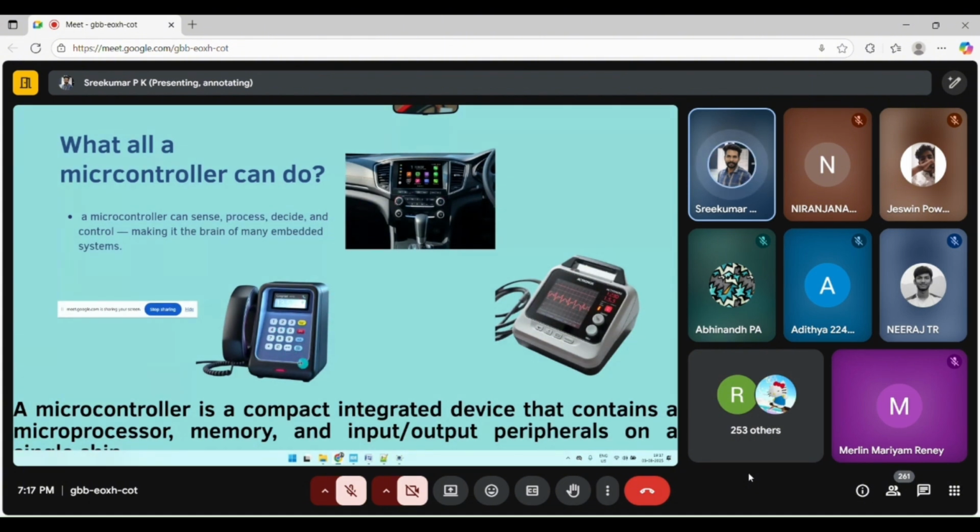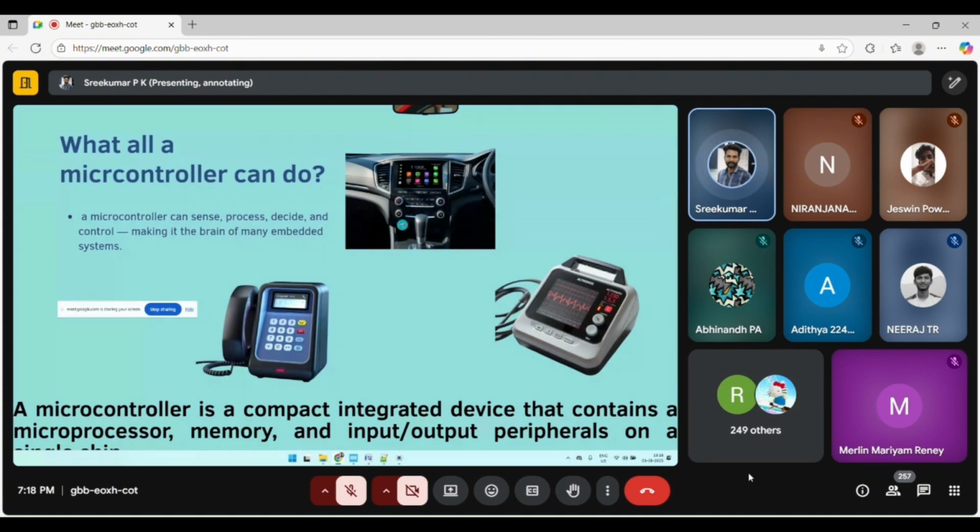So there is an intelligent system inside that which plans everything, which executes everything one by one, sequentially or based on some input. So here, when you lift the receiver, it automatically detects and tells you to insert the coin. There are so many tons of products available in the world based on microcontrollers. You can see the automotive infotainment system.